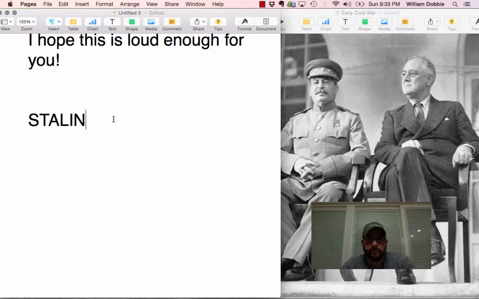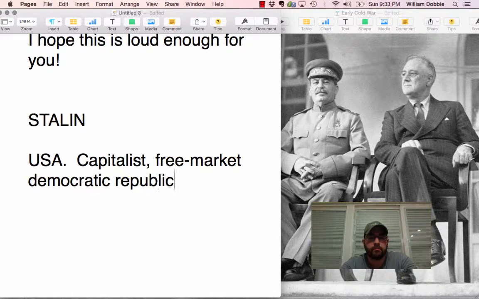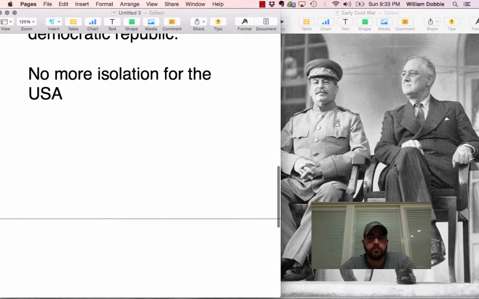And then the United States, we're a capitalist, free market, democratic republic. So the United States is hoping in this new world where we are not going to remain isolated anymore in the post-war years, we're hoping in this new world that we can spread ideas of democracy and free market enterprise. And that will lead to global security. That's how you avoid another big war from happening. If more of the world becomes free market and can have business relationships with each other, that's how you keep